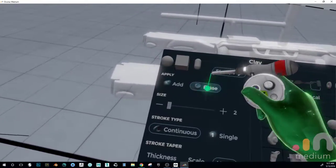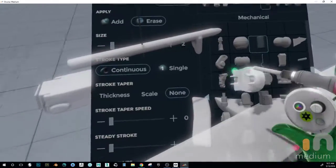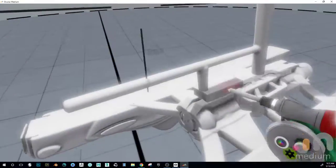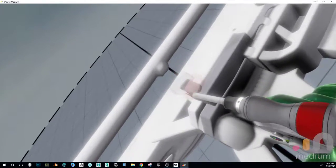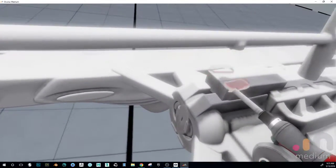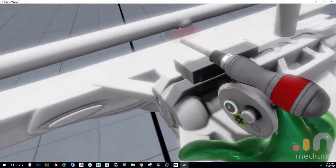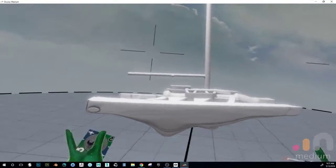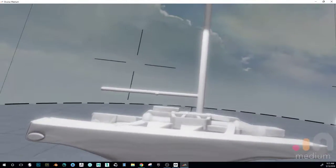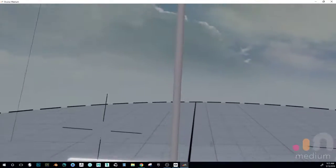I should have just done this on its own layer, but I just created that as a guide to figure out where we were going. There we go. So I think that feels like a better sail to me now. Like it's going to go all the way up to the top versus having that long thing. And